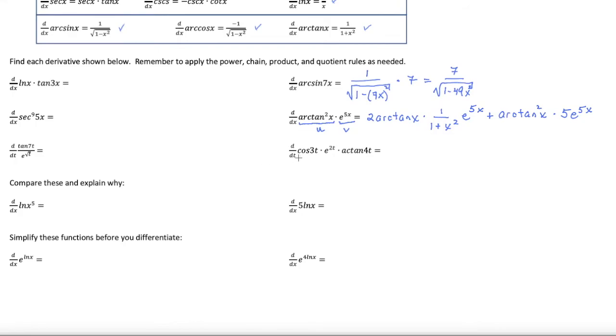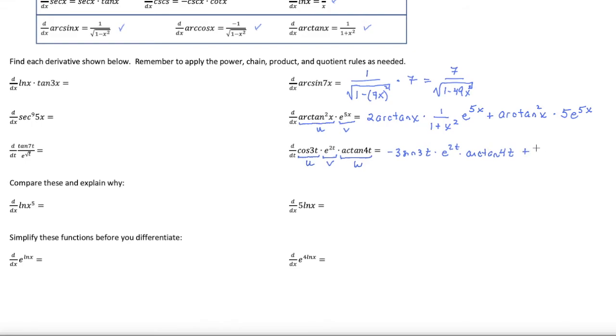And let's do the third one. So here we have 3 factors, so we're going to have to use the product rule again. And as you know, when we take our derivative here, we're going to have 3 terms: u prime vw, then we're going to have u v prime w, and then we're going to have u v w prime. So here they all are. So here is u prime, and then there's v, and there's w,